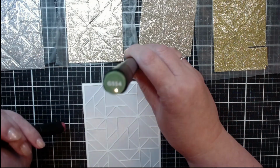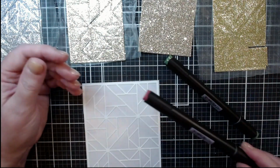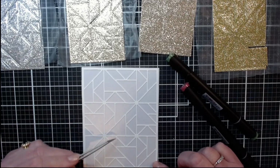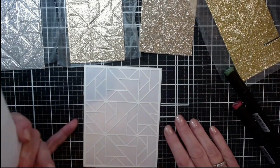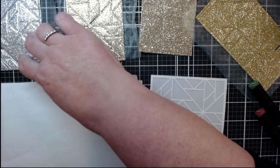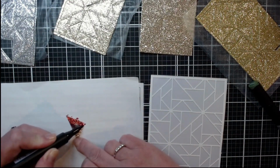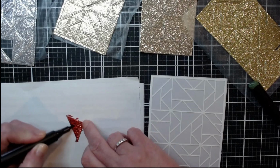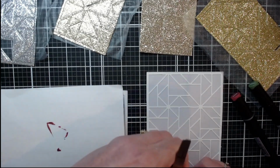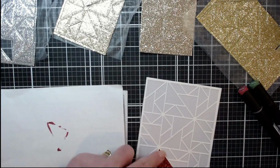If you have a look at the top, you'll see I have used some various shades of gilded cardstock from Altenew. There are 5 different tones of gold as well as silver, and I've cut out one layer from each, and I've placed each one on some press and seal. And in order to make a poinsettia as a focal point on this card, I'm using some